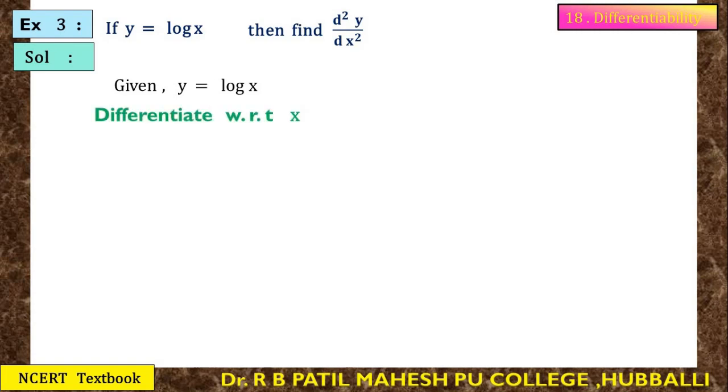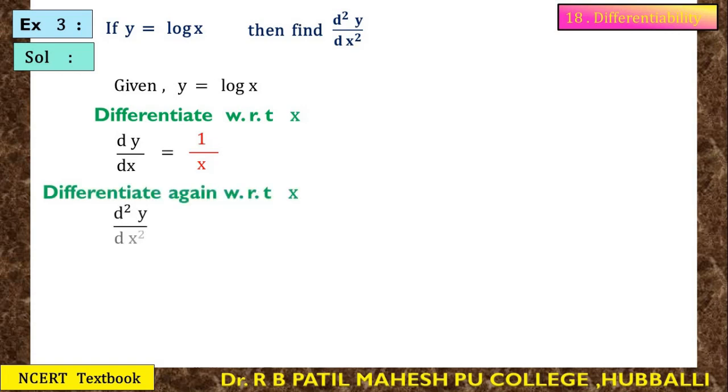So differentiate with respect to the x variable. You will get dy by dx is equal to 1 by x. Log x derivative is 1 by x. Again this 1 by x function you differentiate with respect to x. d square y by dx square is equal to, now the 1 by x function derivative,